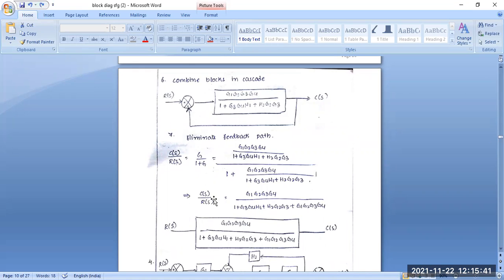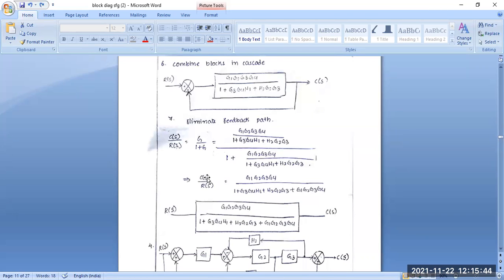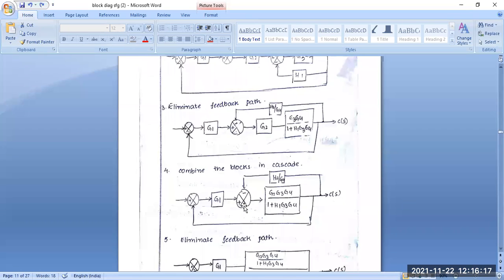So now we have to write it in this format. This is C(s) by R(s), that means the transfer function, TF equal to C(s) by R(s), G1, G2, G3, G4 by this expression also. And this is basically the complete transfer function you have to obtain. That is, you apply the input according to these transfer function blocks, then you calculate the output equations. Okay, so here you can see this is a simple block diagram reduction technique problem.